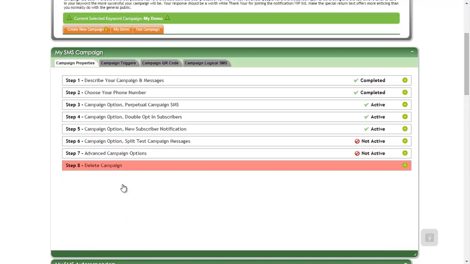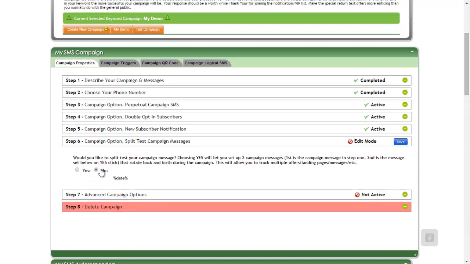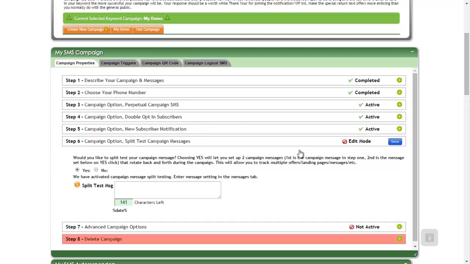Next is our campaign option, split test. If we want to split test the response rate between two campaign messages, we can do so. This allows us to tell how each campaign wording is performing based on who's coming to the store to claim a coupon and what have you. So I'm going to click on yes. If we do our split test message,